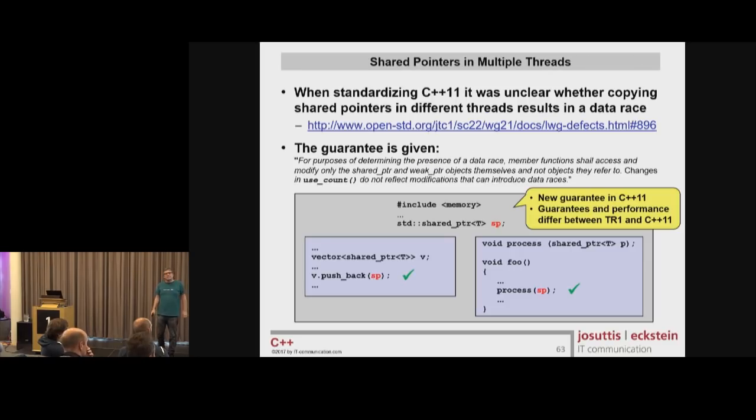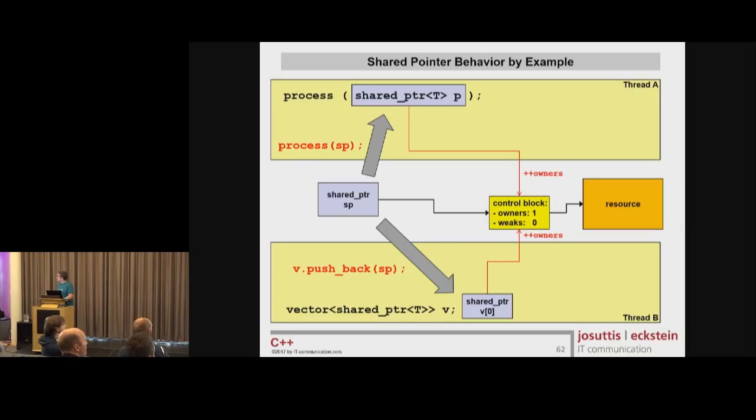What is the price? Well, the price is we have to do something with the implementation. Because if you go back to the slide here, that means that our counters have to somehow synchronize the access, which means they have to become something like atomics or mutexes. Just a side note,